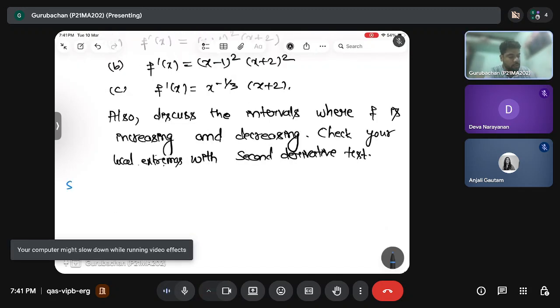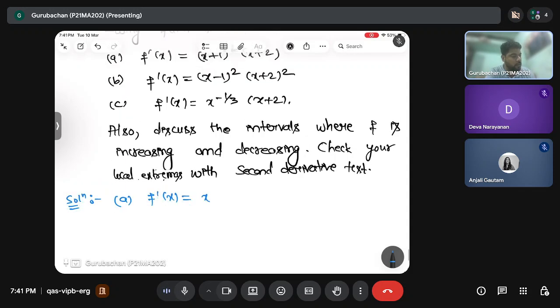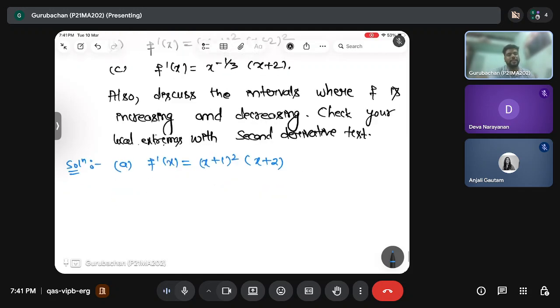So let us start discussing this one. We have given that f dash x is (x plus 1) whole square into (x plus 2). So to discuss first derivative test, first of all we can recall f dash c is 0 or f dash c is not defined,